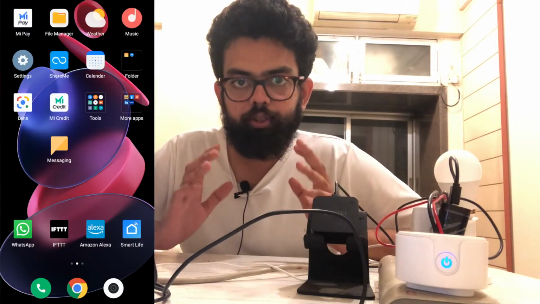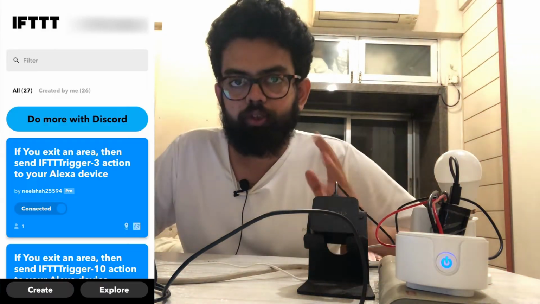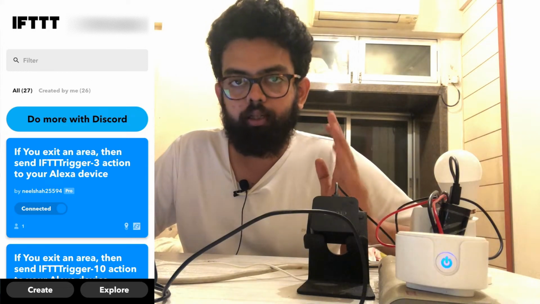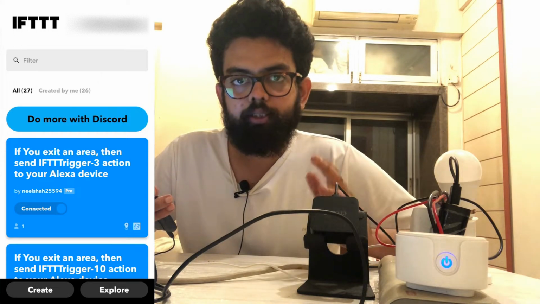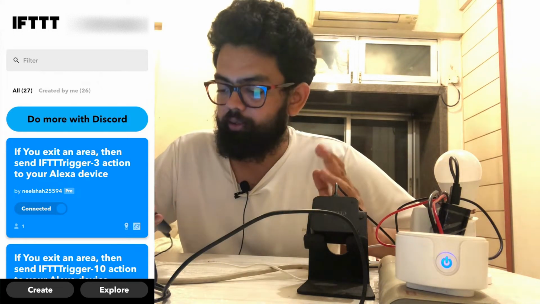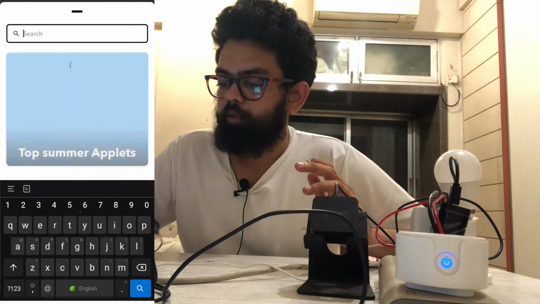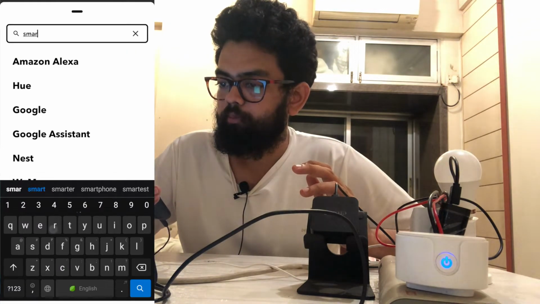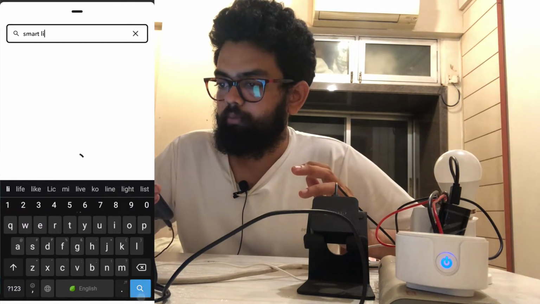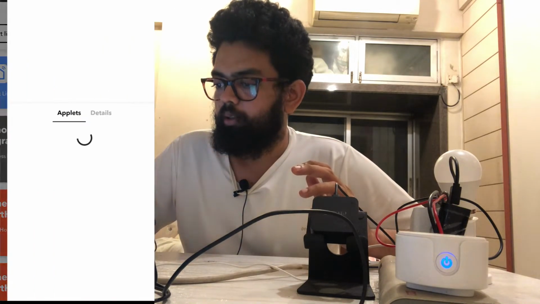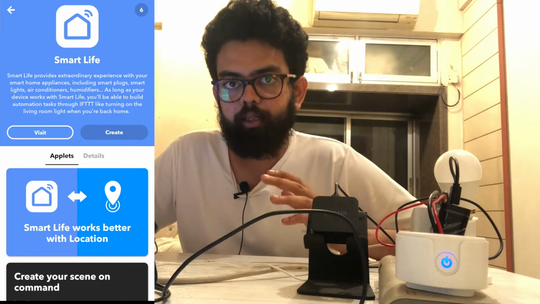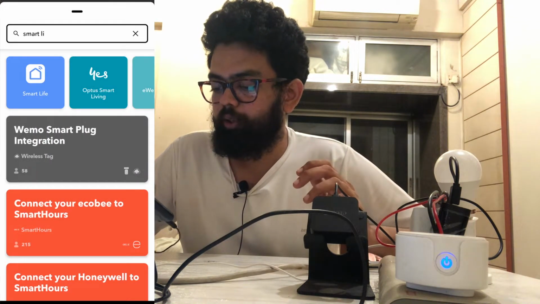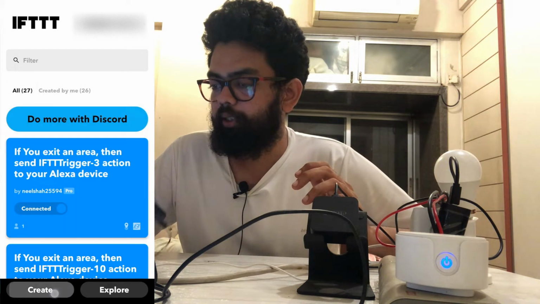So guys, first just go ahead and open the IFTTT application. First we'll be making an automation for the air condition and the partnered application for the IR Blaster is the Smart Life app. So first you need to integrate a Smart Life account with the IFTTT application. Just go ahead and click on explore, just search for Smart Life. As you can see, I've already integrated the Smart Life account. So you need to log in with the same ID and password which is linked with your Smart Life account. Then just go ahead and click on create.